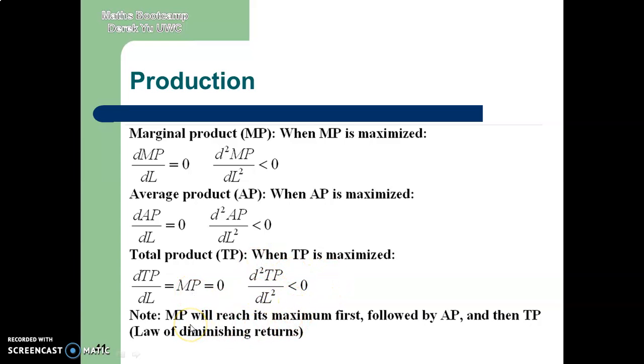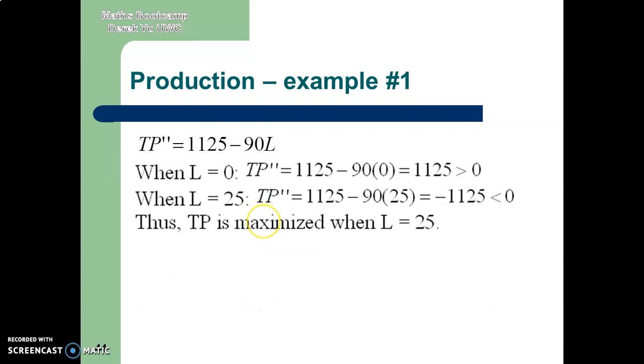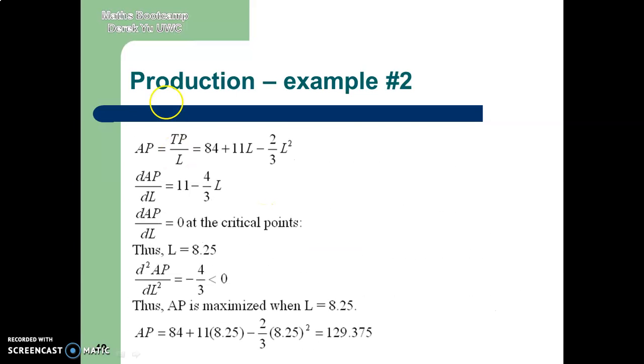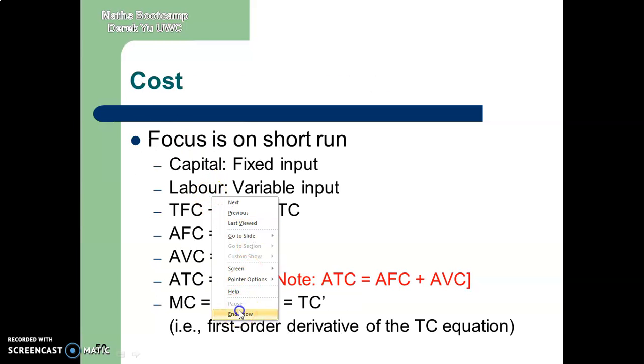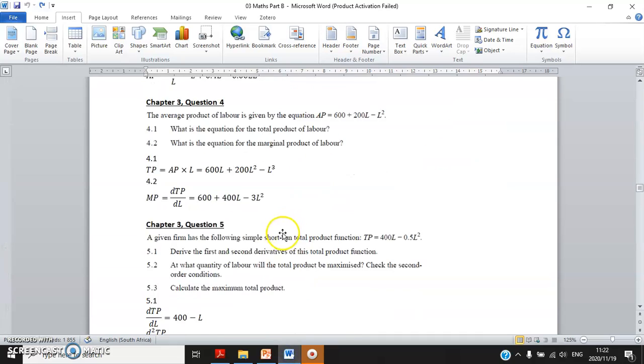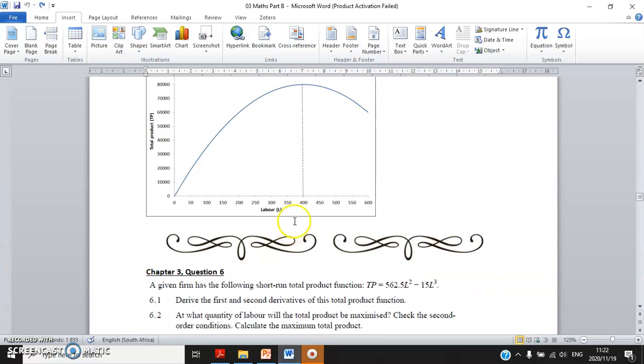You should remember the law of diminishing marginal returns. Marginal product would reach its maximum first, followed by average product, and finally total product. And I'm going to prove it with a question. I'm not going to go through the questions on the slides because I already provided very detailed explanation. So I would rather do